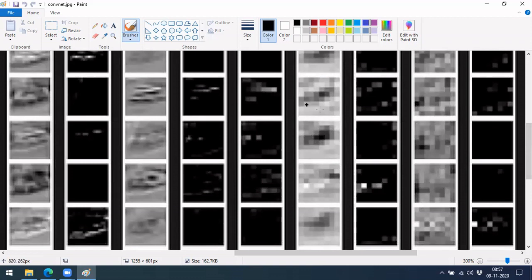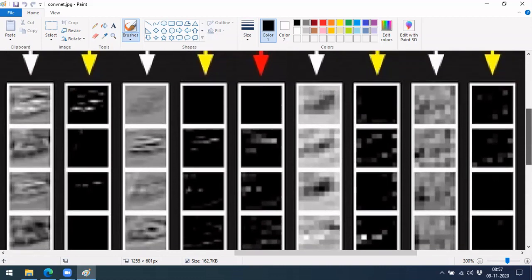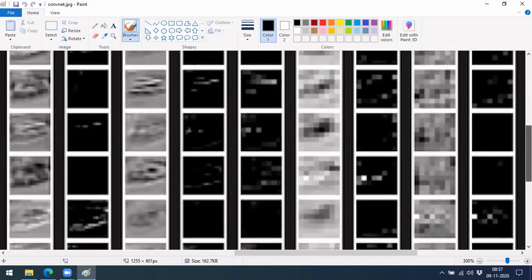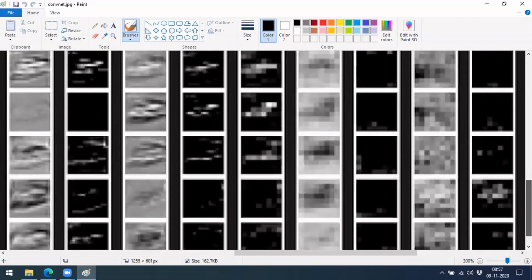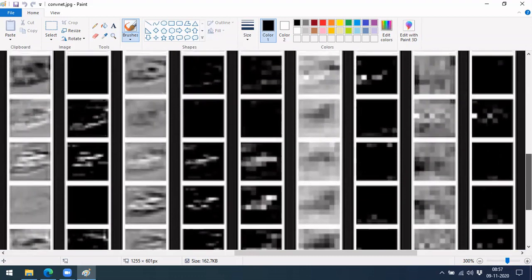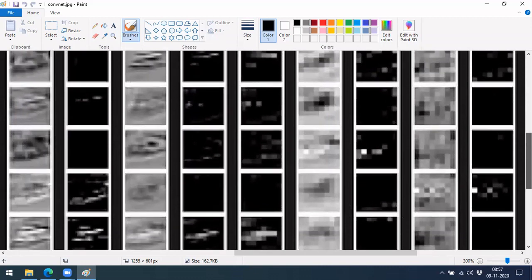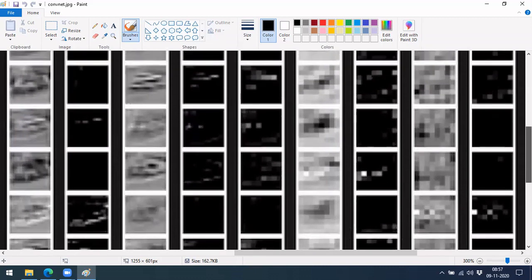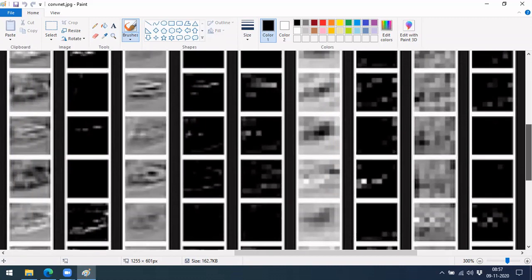One will find out if there is any curved portion. One will find out if there are any wheels, round things. So each filter will work a different way. Usually we don't know this, because we randomly initialize all the filters. So depending on our loss function, the filter weights will get adapted to extract different kinds of features from your image.